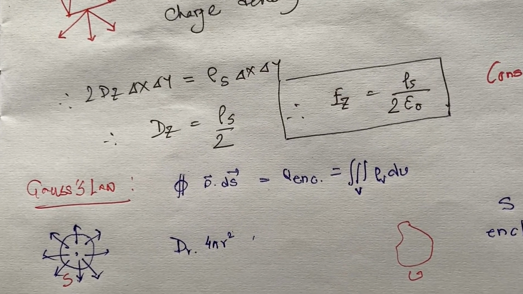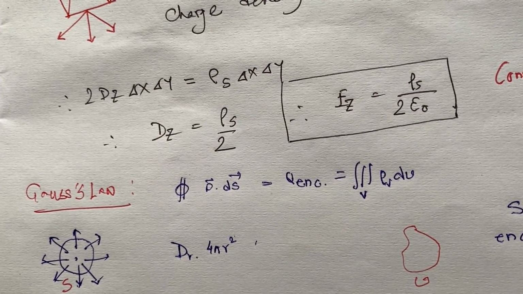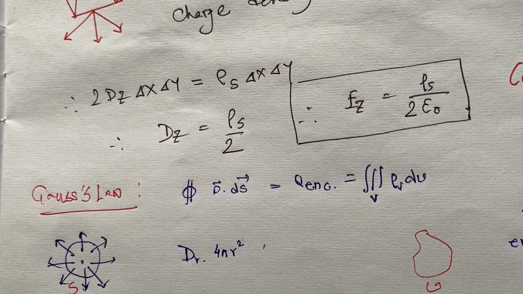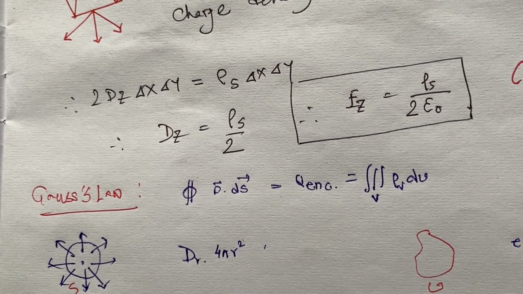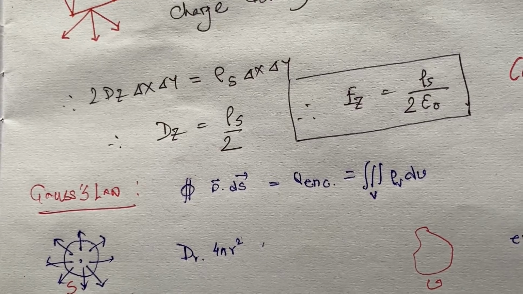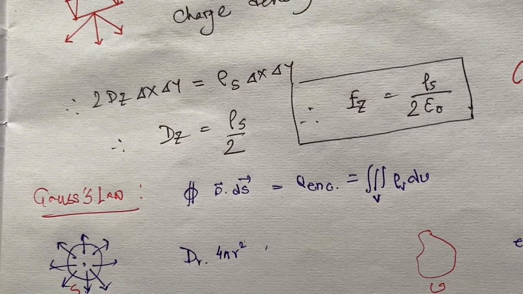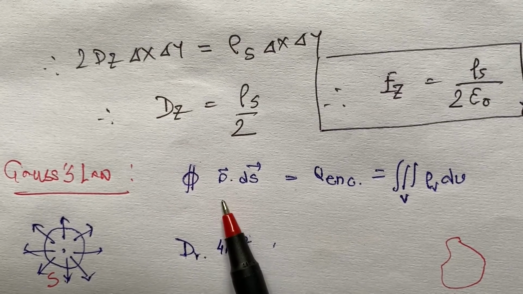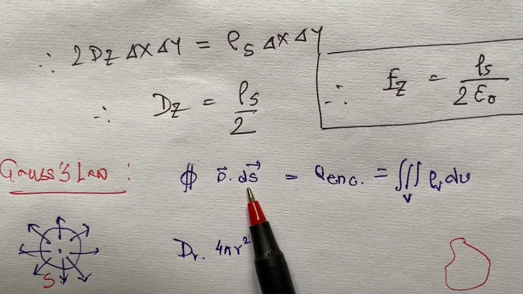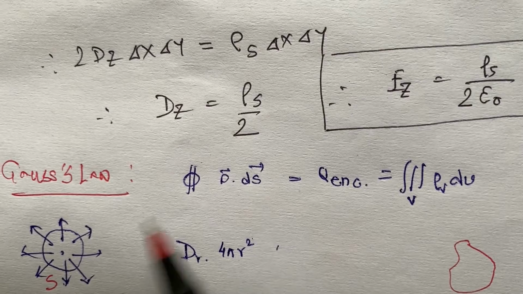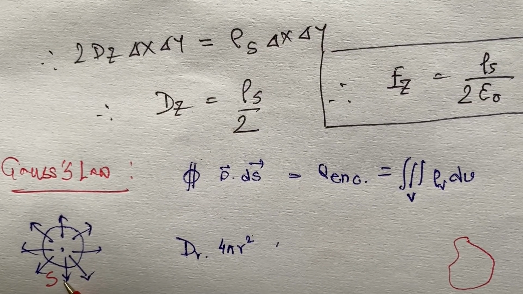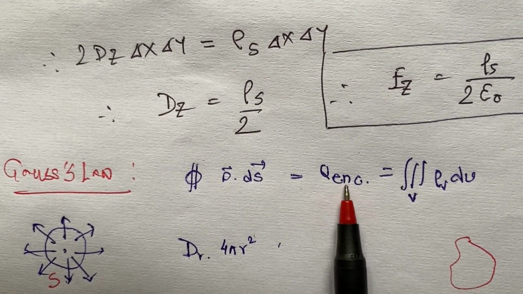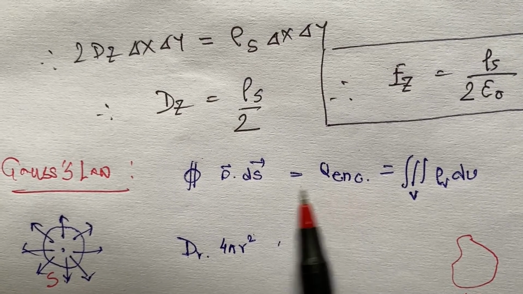We have discussed Gauss's law in the previous section. We have identified this D as electric flux density. In the presence of any material, we have replaced the electric field with this electric flux density, and Gauss's law reads like this. And the integration of this electric flux density on a Gaussian surface, we call this Gaussian surface S, and if Q enclosed is the total charge enclosed by the surface, then